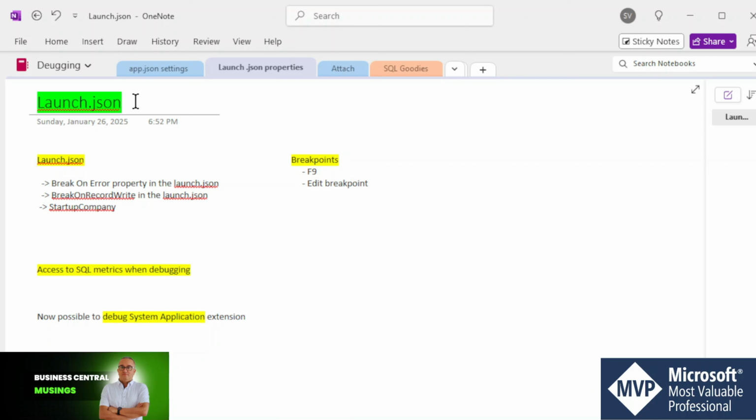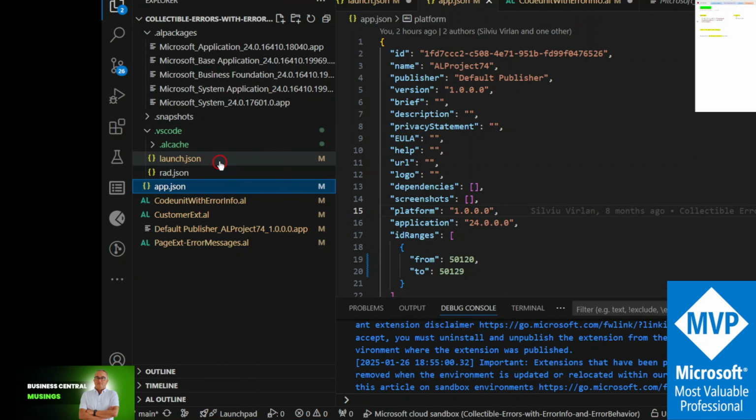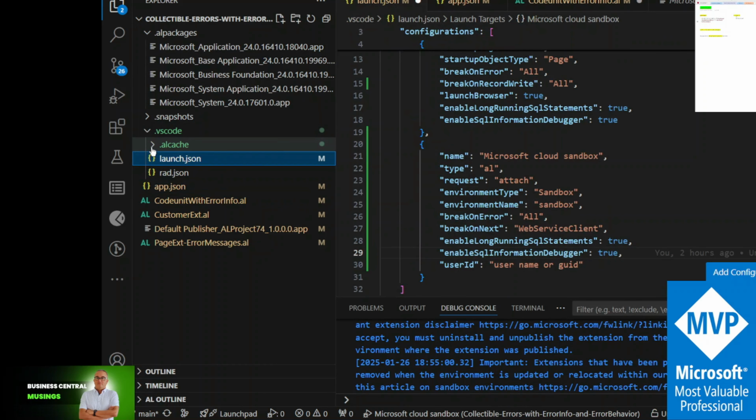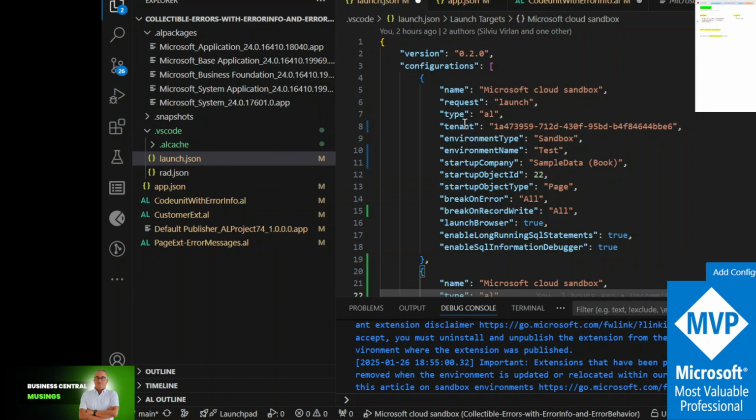Launch.json is a file that gets created automatically when you create a new project. It's under the .vscode folder, and it has a bunch of properties. We're going to have a look at break on error property, break on record write, and startup company. Let's open up app.json and Launch.json. As I said, Launch.json is under the .vscode folder, and we've got here two configurations, but let's have a look at the first one,